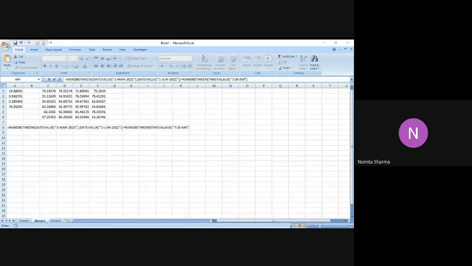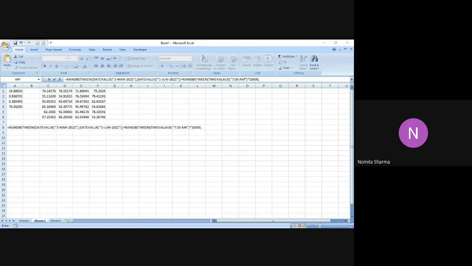Now, since in the time value function, we need to have some more decimal numbers, accordingly the calculations can be done. So what we do, we will multiply the numeric value of the first time in the morning by 10,000. So I will simply say multiplied by 10,000, comma, and then I'm going to define another limit, the higher limit for the time, say 5:30 p.m. in the evening or 7:30 p.m. in the evening. For that, again, I'm going to use the time value function.